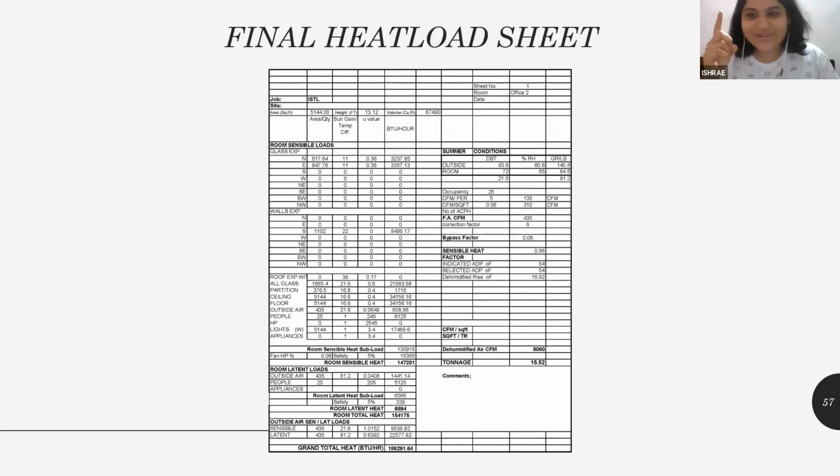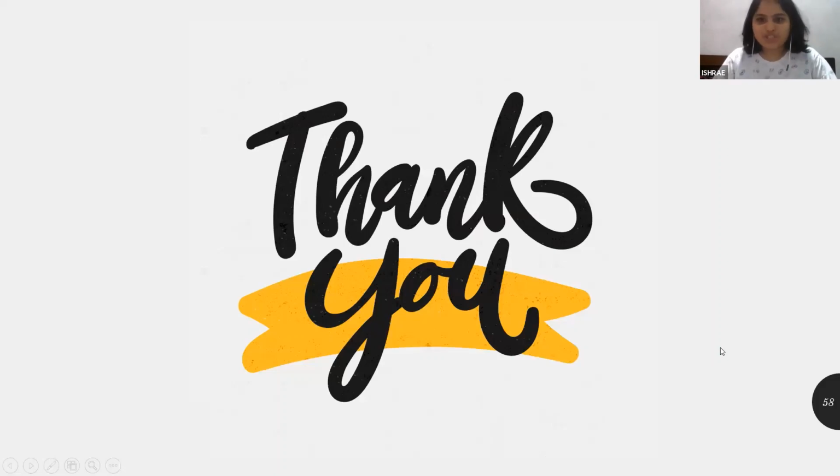This is done for one room. You all have to do it for all the rooms, and you all will have to do it correctly. Otherwise you're gone. Okay. Anyway, if you all have any doubts regarding how to calculate this heat load sheet, I can provide this sheet to you all as well. So it becomes easier for you all to relate to it, or you all can use the E20 sheet also. It is also very easy to use. Okay. Both are basically the same, just written in a slightly different way. This is what you're going to do to get your final heat load sheet.